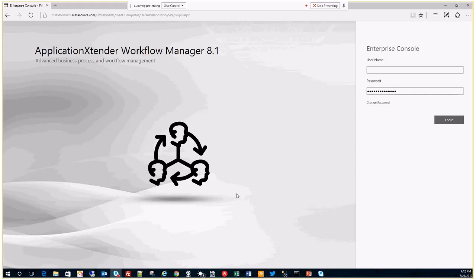One of the most significant developments in the document imaging and document management space was the development of advanced business process and workflow management tools. We have a set of tools in MetaStor, and for Application Extender customers we call it AXBPM, or Application Extender Business